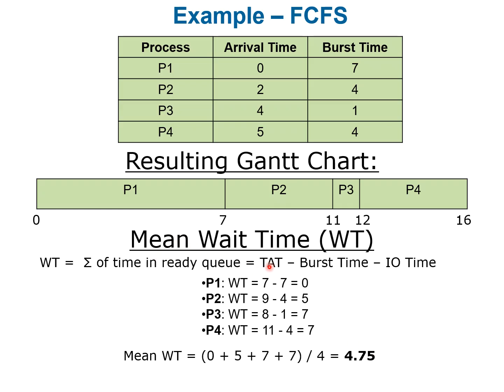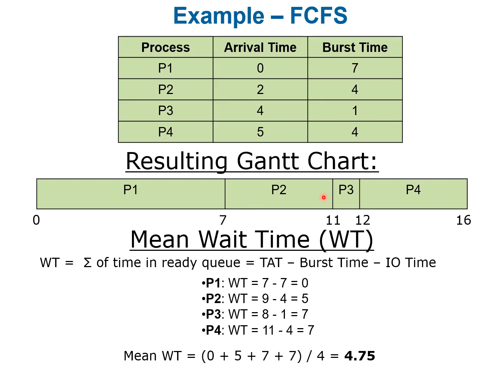Similar for wait time, right? Here's your formula for wait time. It's just the sum of the time in the ready queue. So the amount of time our scheduling algorithm tells the process it must wait before it gets scheduled. And the reason we might like wait time is that this is a more fair representation of how well our scheduler did, right? So our scheduler,